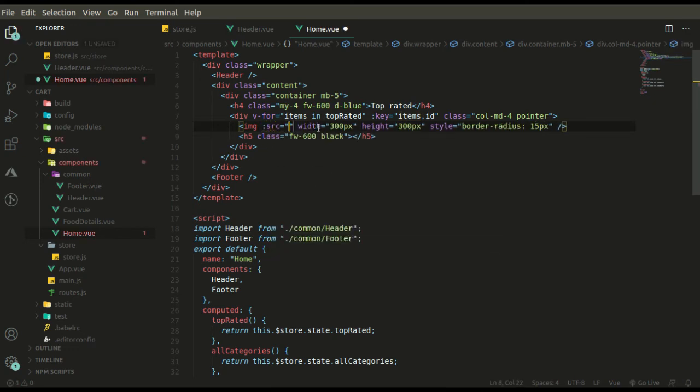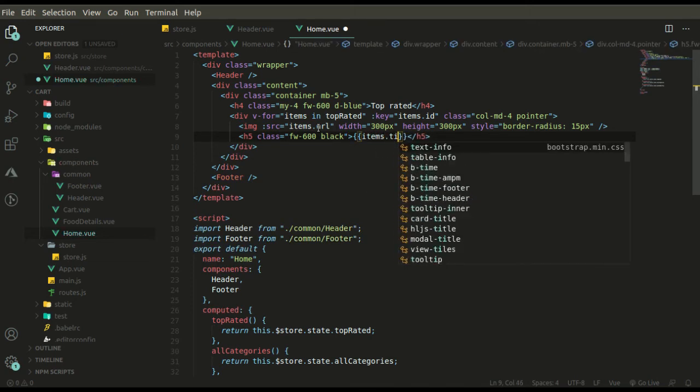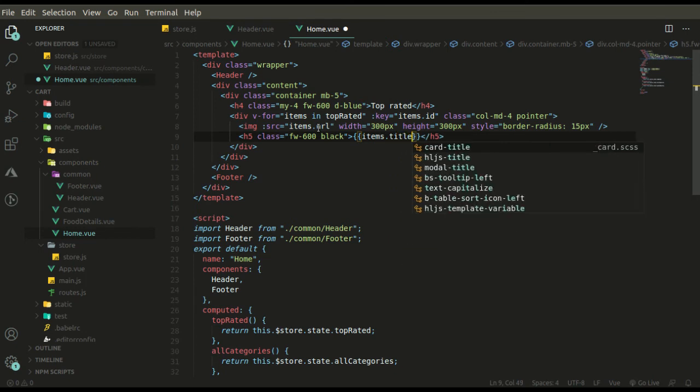Now we are also getting the URL, items.url. We were also getting the URL from that array of object, and we can also get the title, items. It's name basically, and URL is there. Let's see if we get something rendered.